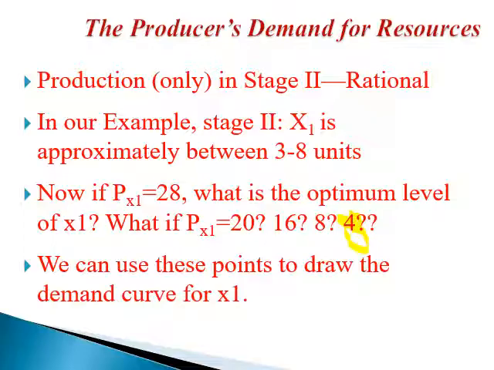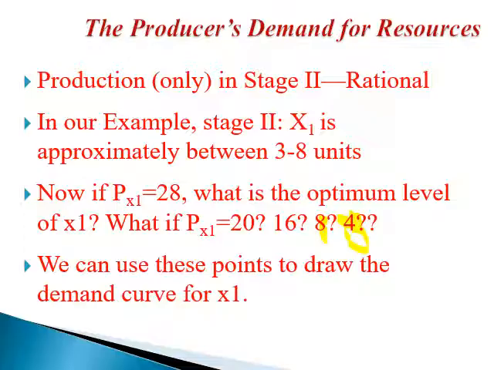And then you will obtain the optimal X1, which is the X1 that maximizes your net revenues given that the unit price of X1 is 4. And now another thing. Repeat the calculations again, assuming that the unit price of X1 is 8. You will find a different amount of X1 that will maximize your net returns.